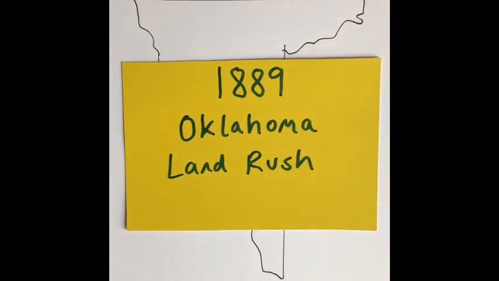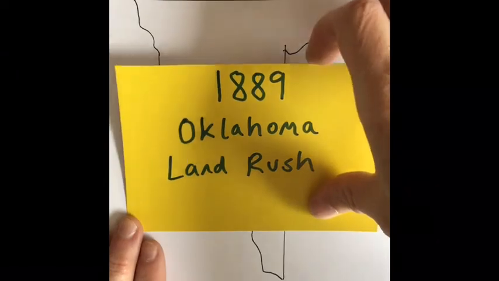Okay, students, so a short video just about the last event on our migration and settlement timeline, which is about the 1889 Oklahoma land rush. But as you've read, this was the first land rush, but there actually went on to become 7 of these events. So in front of you, I've just got the piece of land that they decided would be settled on